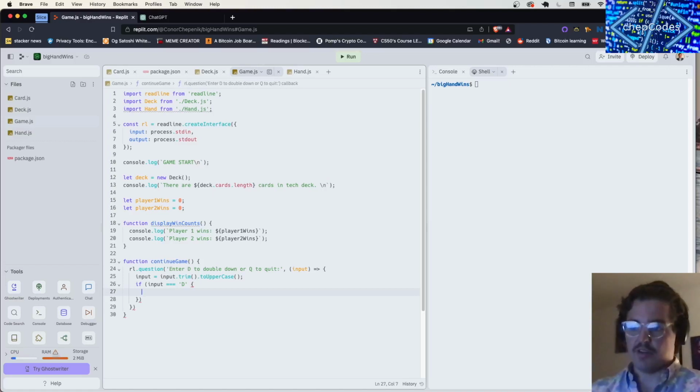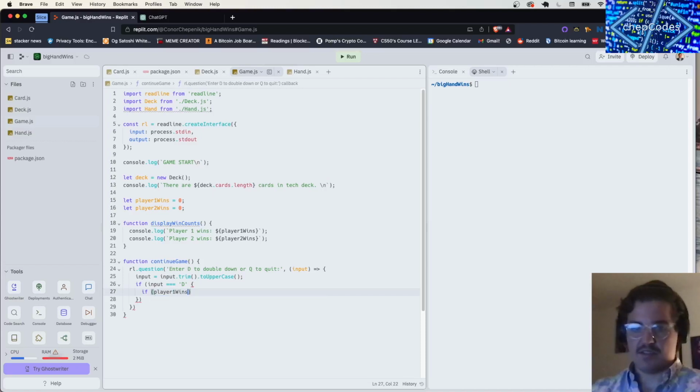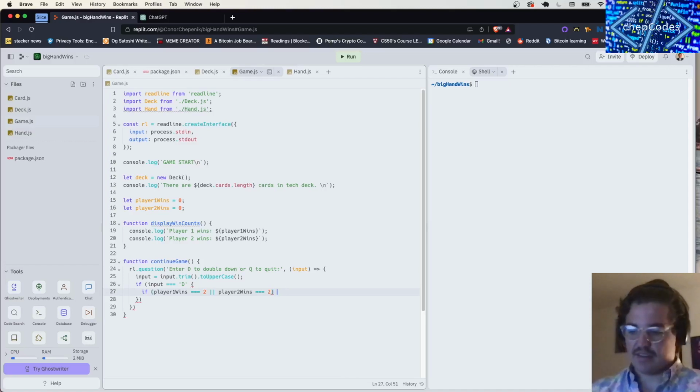So I'm going to do another if statement to check if player 1 wins is equal to 2, or, so that's what these 2 things are, if player 2 wins is equal to 2. And I'm just going to, for speed purposes, copy that. Great, change this to 2. Perfect. And then now inside of here, if that is the case, we will console.log,